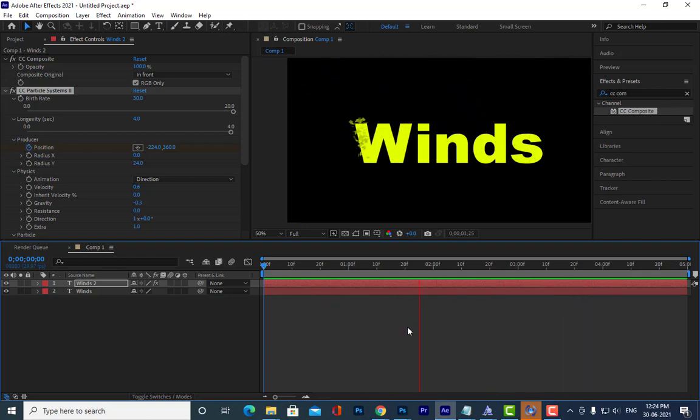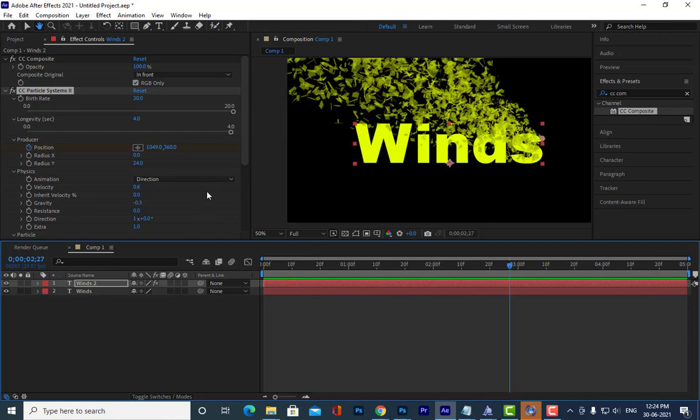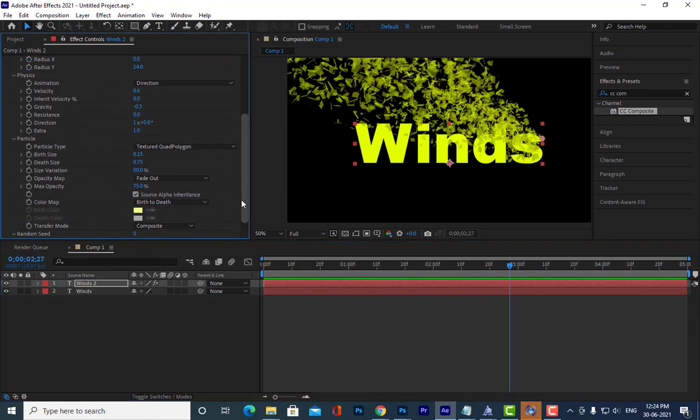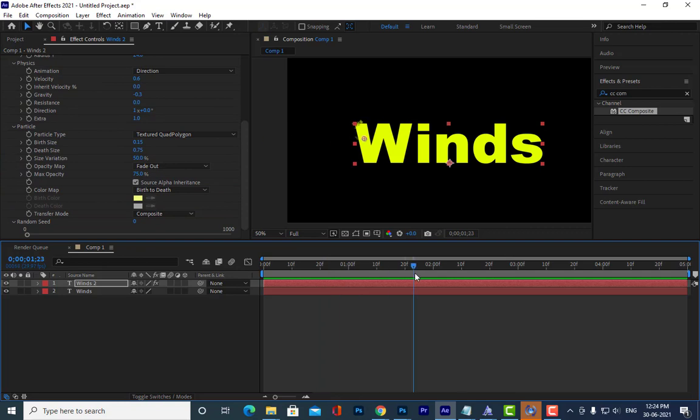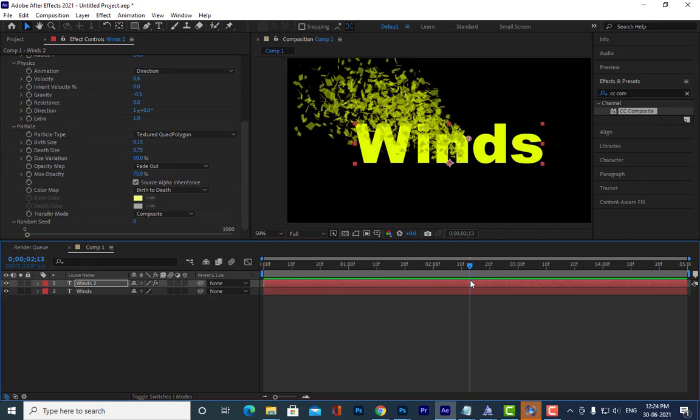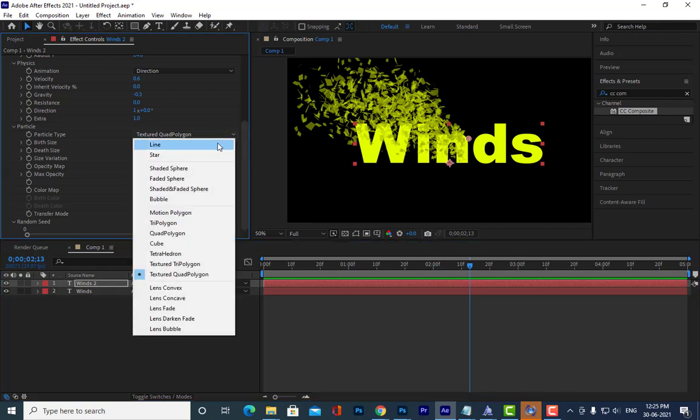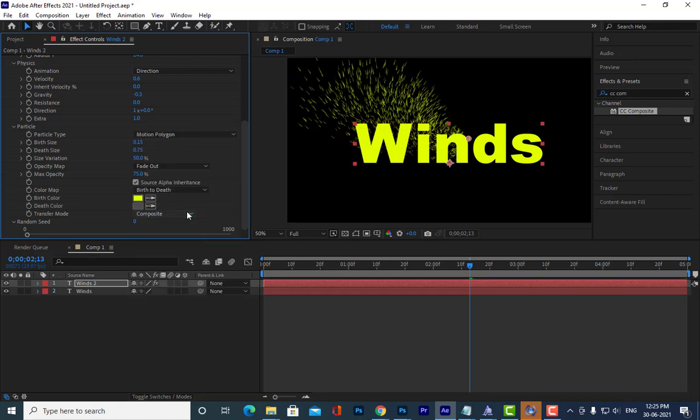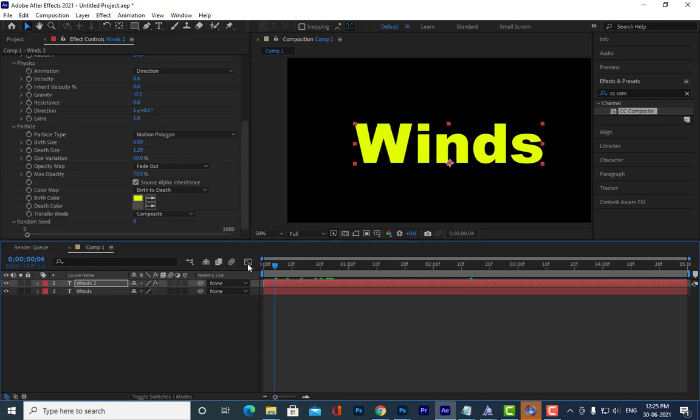Is it clear, Nitin? Yes, sir. Okay. So then what else can we do here? Once you are getting the particles like this, which one is better actually? We can check all these other things. Okay, so see here, there is some motion polygon it seems. So you can try to increase the size of this. See here.